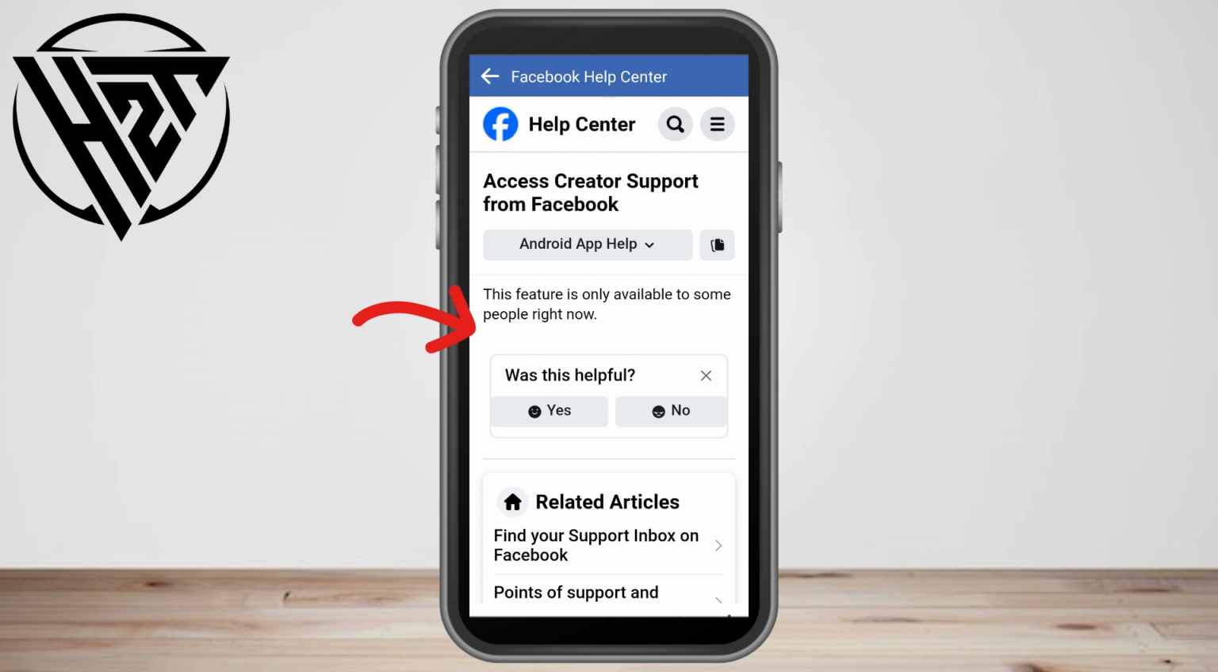So, as you can see, not all Facebook users have access to digital creator. Lucky you if you have or if you can access this feature, but like me, we have to wait for a couple of days, months, years till this option or feature to be available in our